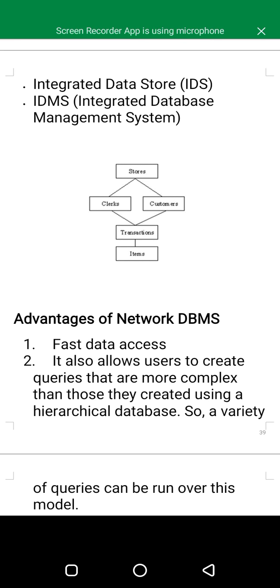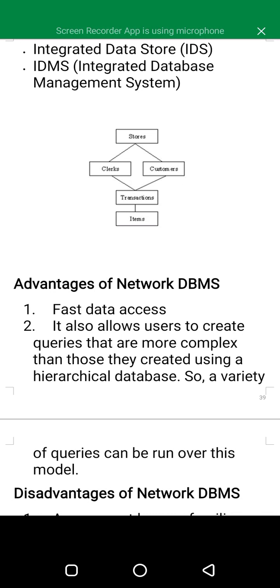You can see stores are associated with clerks, which are associated with customers, and they are all associated with transactions, so it is networked. You can have more than one parent, you can have more than one child.